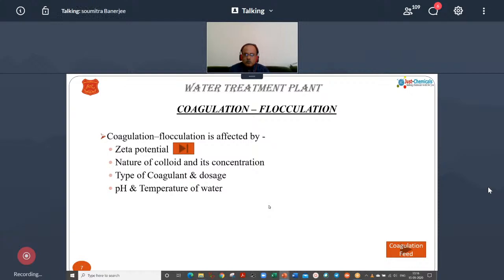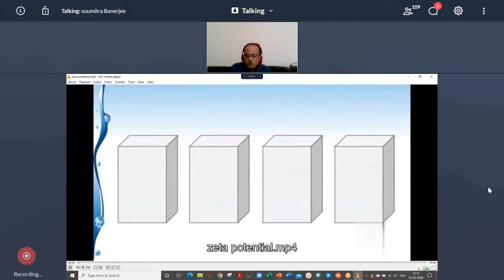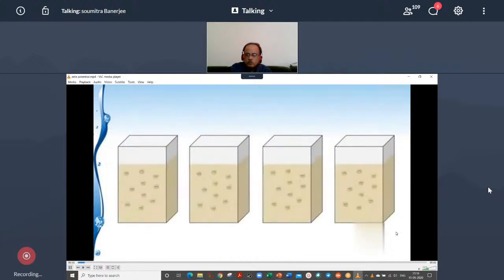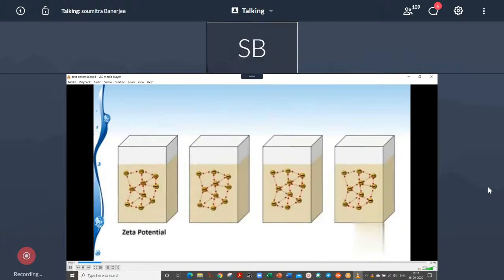Well, here I want to talk more about the coagulation process. And for illustration purposes, I have 4 jars that have negatively charged colloidal matter in each of them. All of these particles carry the negative charge. They repel one another, and that repulsive force is called zeta potential. And the zeta potential can be measured to determine the extent to which the particles are carrying a negative charge, or the negative charge within the solution. Well, in order to overcome that zeta potential so that these colloids can come together and form